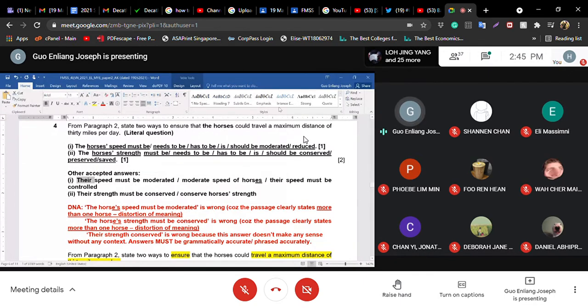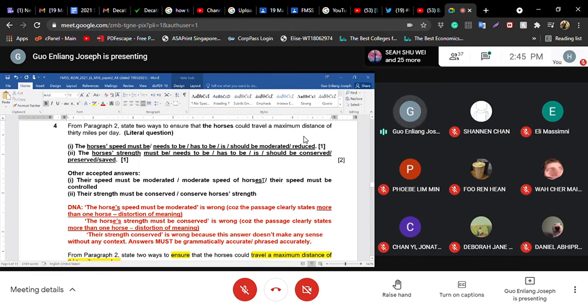However, if the question had to ensure the horses and cats could travel a maximum distance, for example, if you have another plural noun inside here and you only mean the horses, if you put there, it is wrong. Very important. This time round, most people put their speed must be moderated. I gave correct only because there's only one reference plural noun. But if there are two plural nouns, you better write the exact plural noun, like the horses, rather than there. It's quite risky and dangerous to write there, in general. Be more specific, better write the horses, then whatever after it.